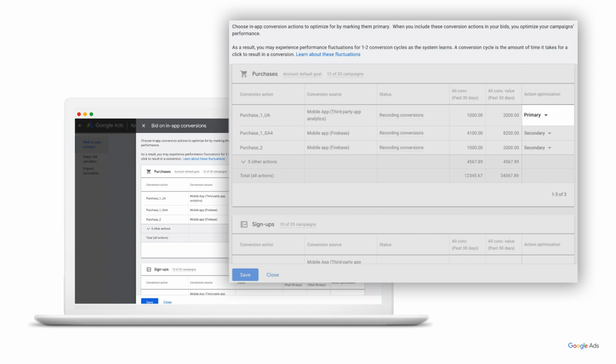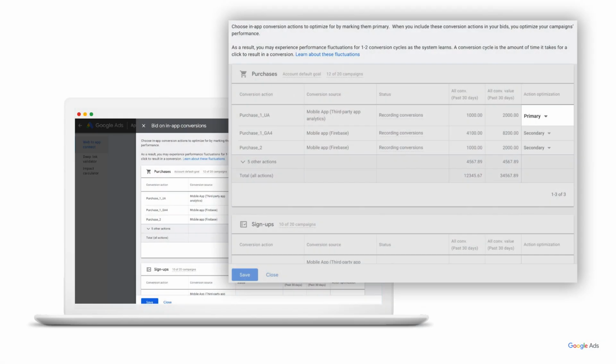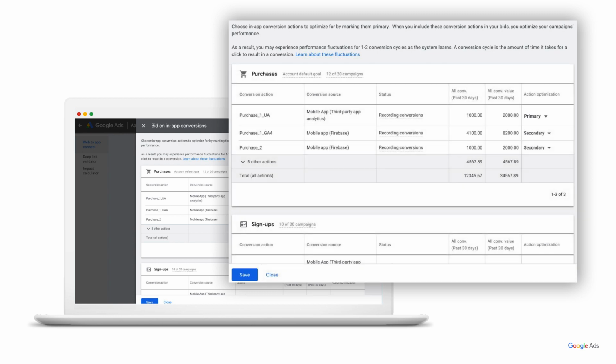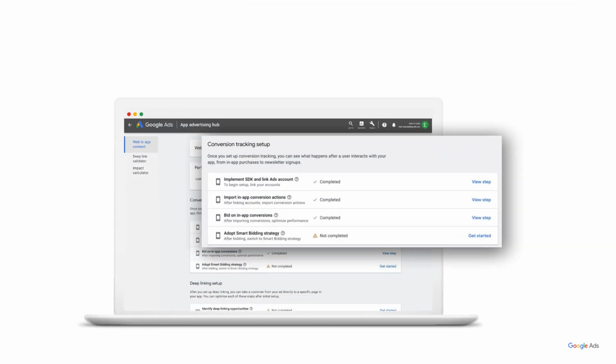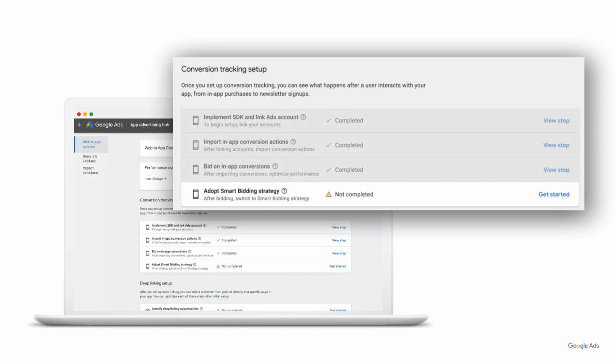selected campaign bid strategy. These primary conversion actions are used for bidding so long as the corresponding goal is associated with the campaign. Primary conversion actions would also be used in campaign performance reporting. Once you've switched your selected in-app conversion actions to primary, click Save to begin optimizing campaign performance for your selected bid strategy. Lastly, the final step in this app conversion measurement section is to ensure you adopt a smart bidding